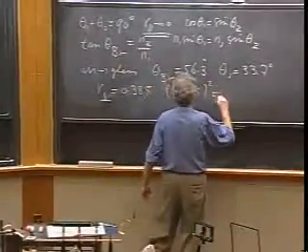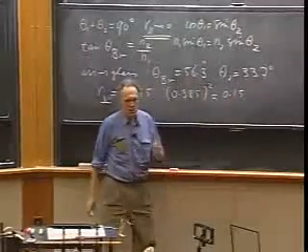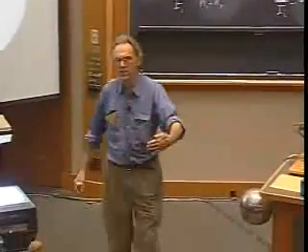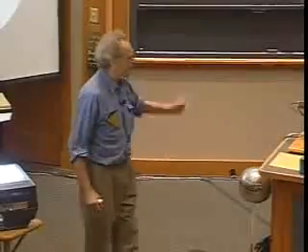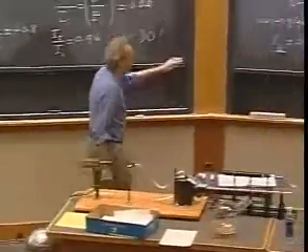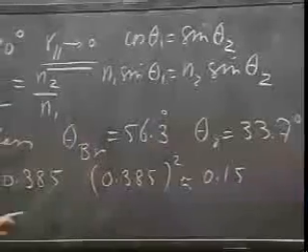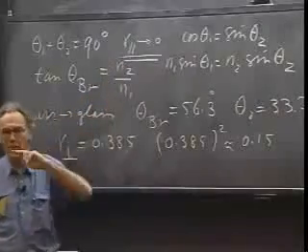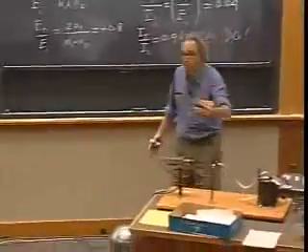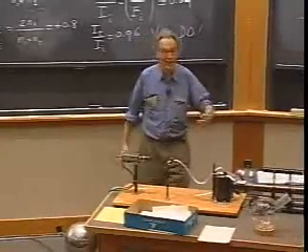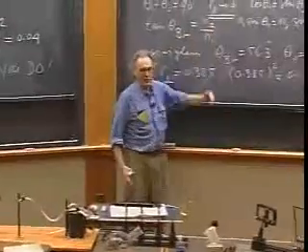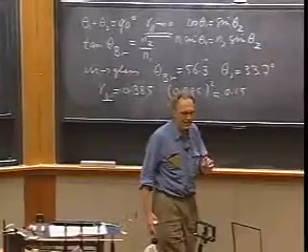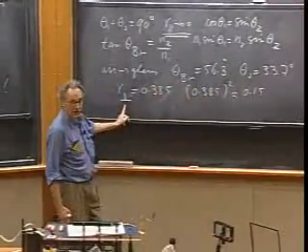squared is about 0.15. What this means is that if you have an E component perpendicular that comes in, then 15% of that will be reflected. And 0% will be reflected of the parallel component. That means if unpolarized light comes in, unpolarized light means that half of it is perpendicular and half of it is parallel, that 7.5% of the incoming unpolarized light will come out 100% polarized in this direction.